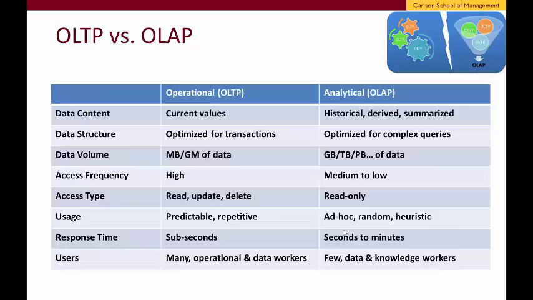When you think of OLAP systems, on the other hand, think of a simple cube, it could be more than 3D of course, where the links between the information of interest and attributes surrounding it are direct and simple. The queries are always read-only and may affect several tables. The links, however, are always direct between the measure fact table that we'll define later on and the attribute dimension tables, so there are no complex joins or overly complex joins to execute. On the other hand, the number of rows retrieved is potentially huge, in millions or even billions, which is where the slower response time comes from. And this is a good place to